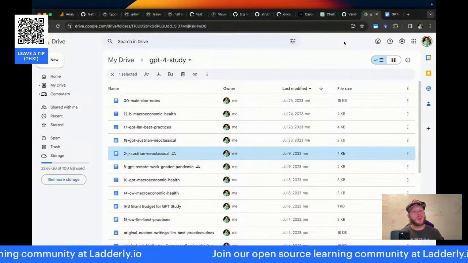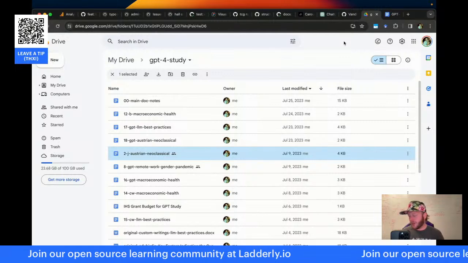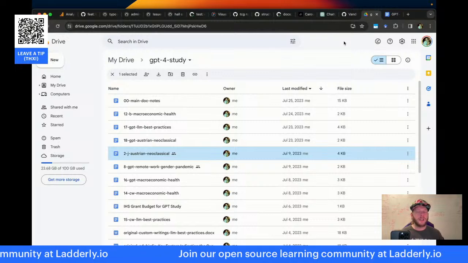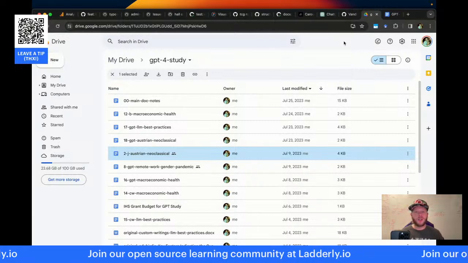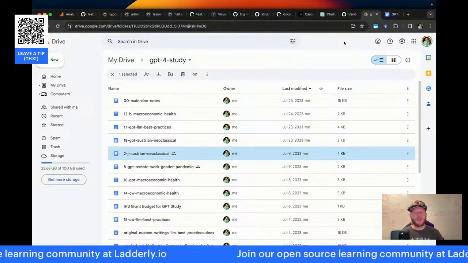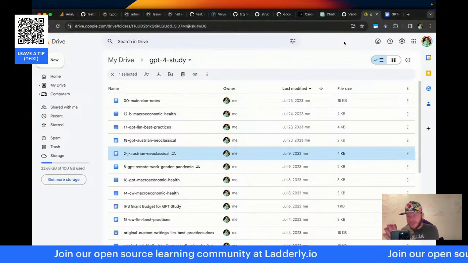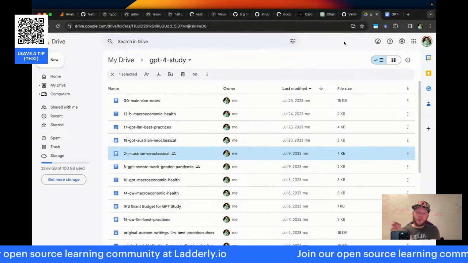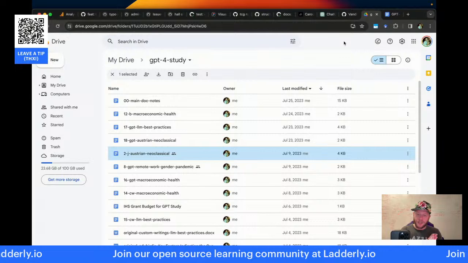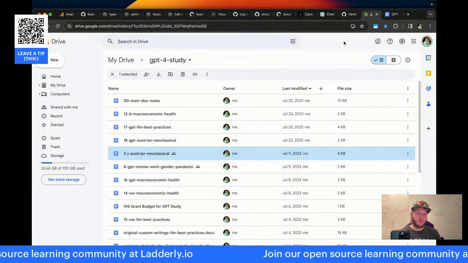It'll start using weasel words like maybe, possibly. It will do things that a researcher would never do. It will do things like give contingent assertions. It'll say like, well, maybe this could happen or that could happen. When you're writing a paper, you don't want to say this could happen or that could happen. When you're writing a paper, you say the result is this. And we found that result because of this. And that other paper said that other thing, but they're wrong because of this. Where GPT will tend to say, well, some people think this and some people think that.